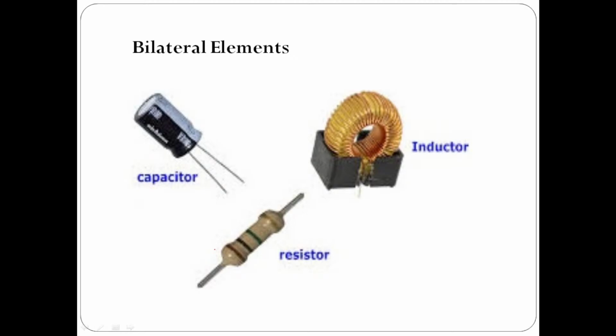If the impedance of this element is not changing, even after the current direction changes, and impedance remains the same, such elements you can call bilateral elements. Next, let us see unilateral elements. So unilateral elements means